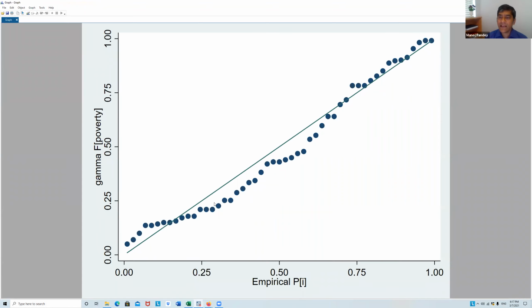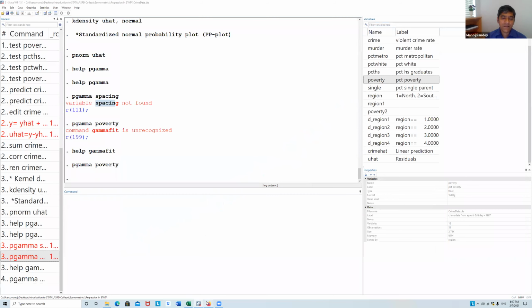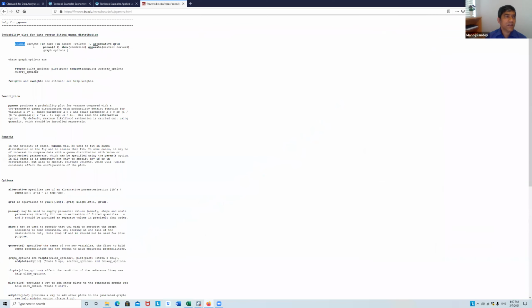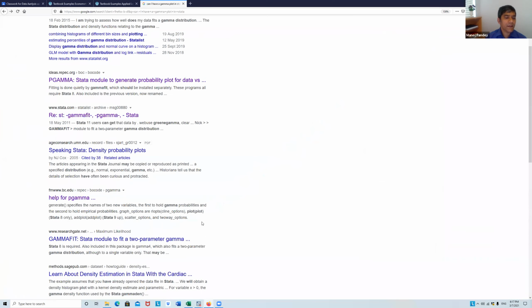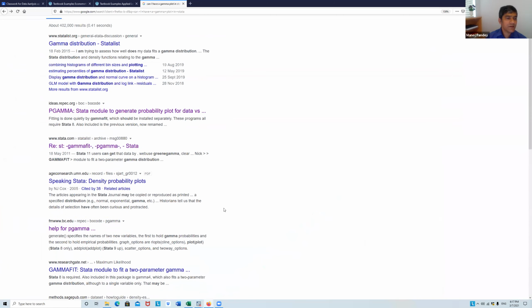So basically this diagram is not a kernel density, not a normal probability plot, but actually a gamma plot. So you can see the gamma fit of this power T variable. If you are looking for an interpretation and all, please follow through that. I think there is a famous paper by Nick. I think he wrote it in 2005 sometime. Yeah, I think this one here.